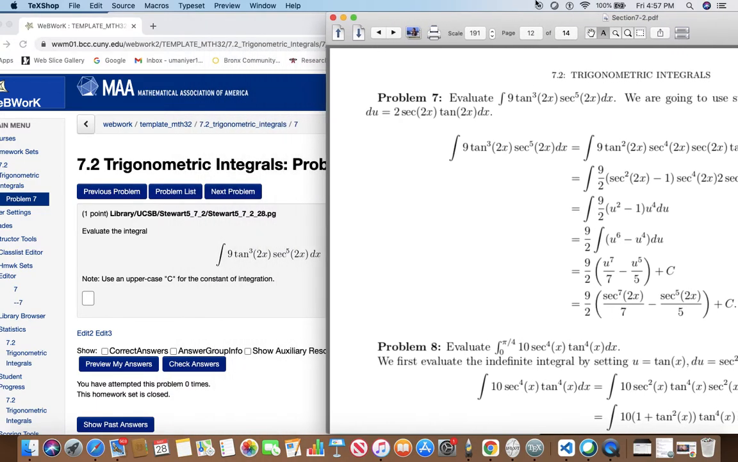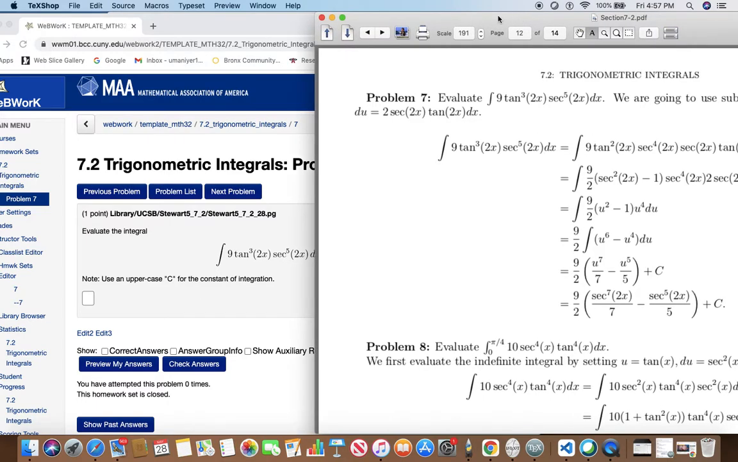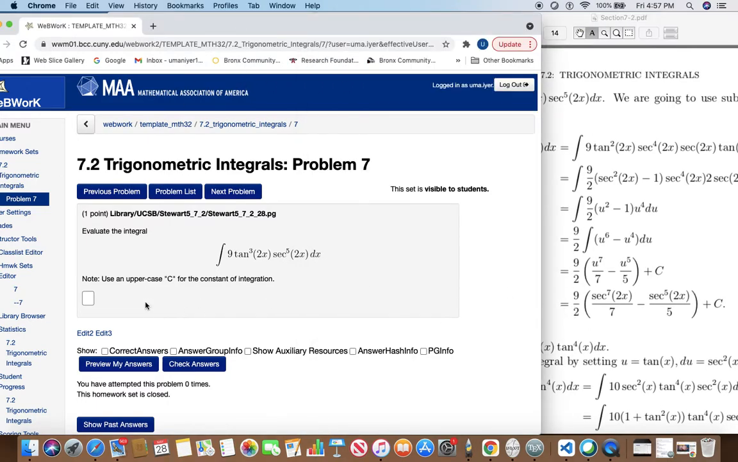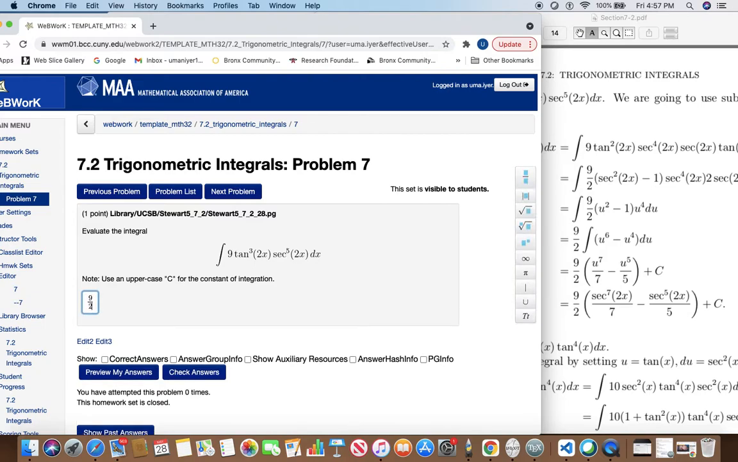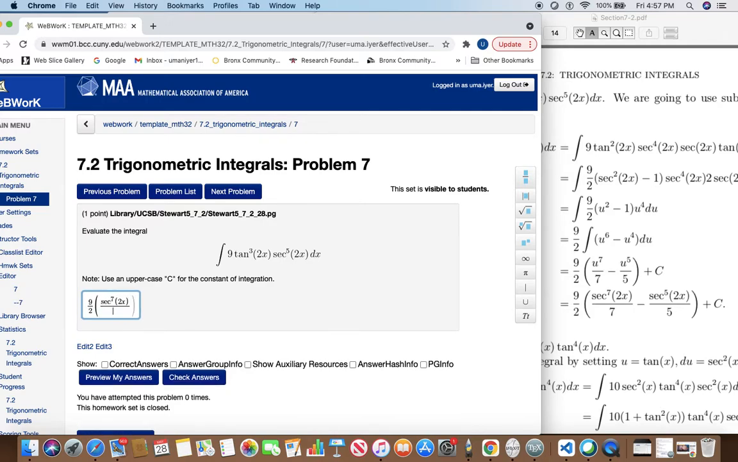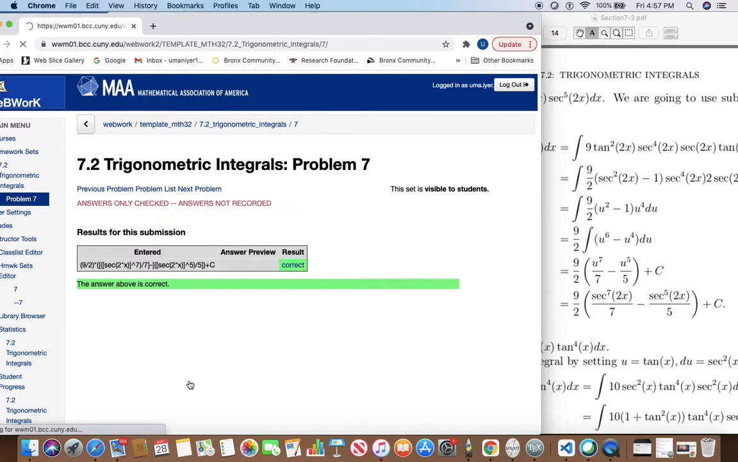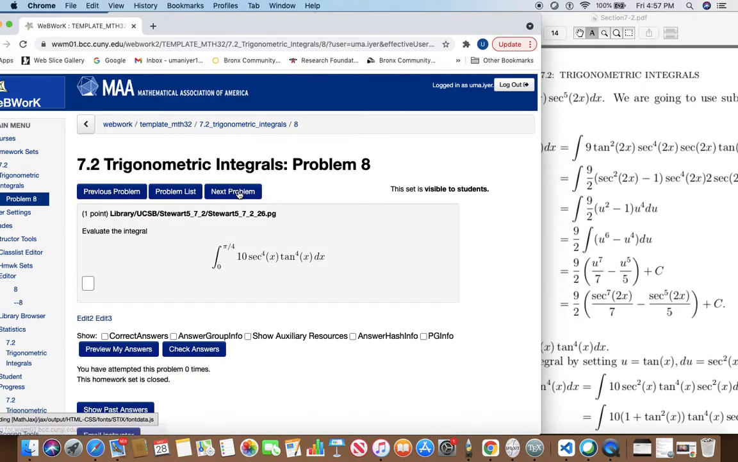All right. So let's write the solution down. 9 by 2, parenthesis, secant to the 7th power of 2x over 7 minus secant to the 5th power of 2x over 5. Don't forget to close the parenthesis. Add a constant of integration. So that's correct. Good. Next, definite integral 0 to pi by 4 of 10 secant to the 4th power x tan